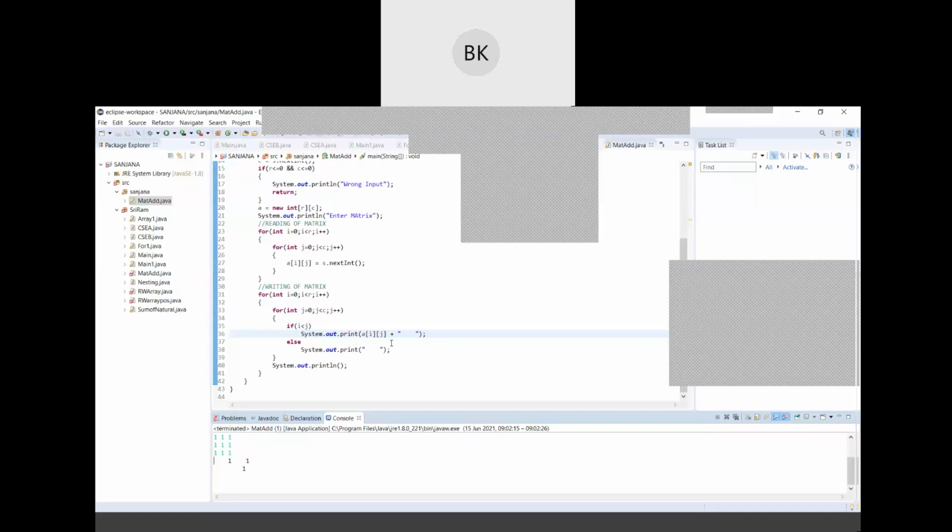If R is not equal to C, how do you find out the trace? We cannot find the trace. Okay, likewise, like this, you have to